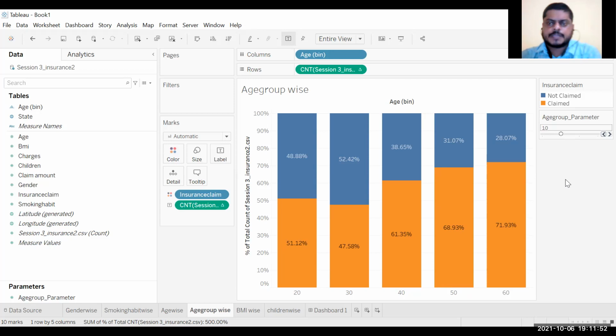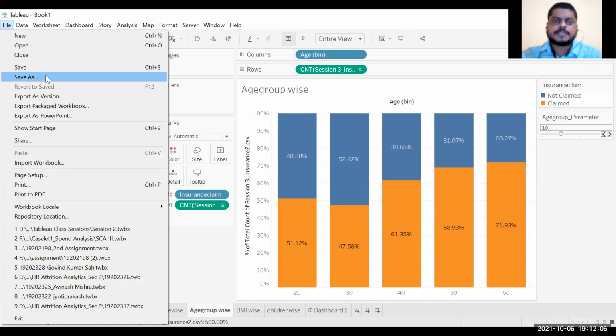So this is something, I think it is already 7:10. I just wanted to show you about your assignment. Before that, do one thing: save it again, and in the next class we'll work on this. If you go here to File, Save As,